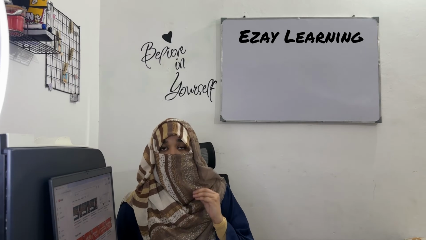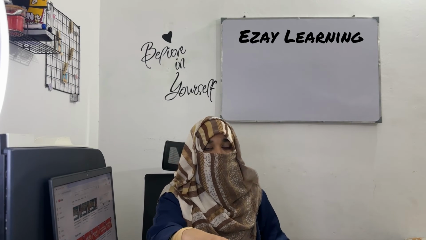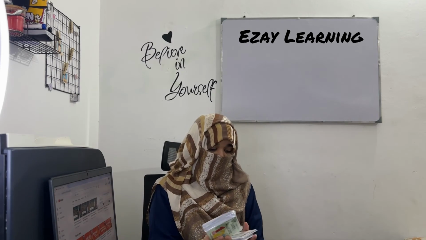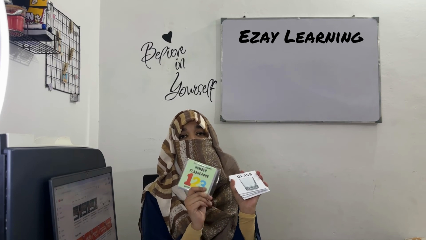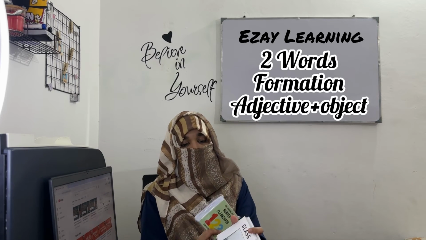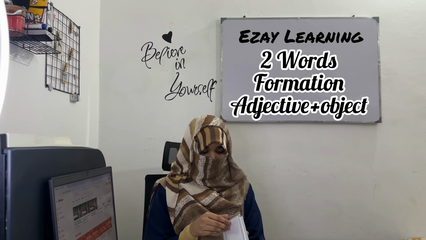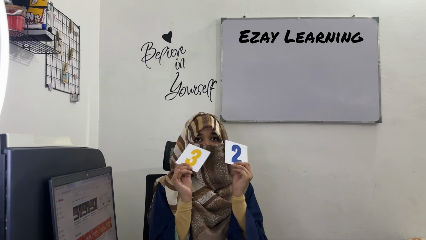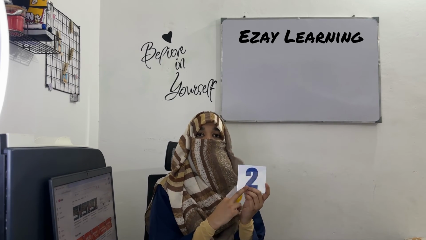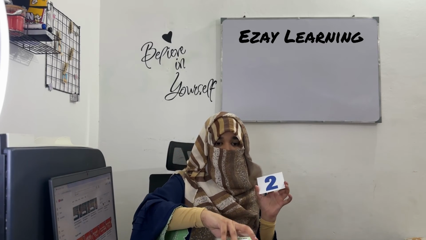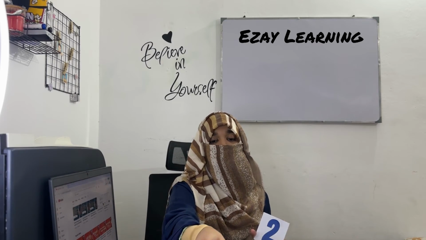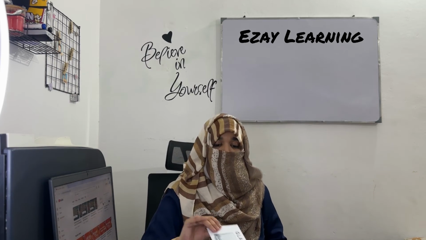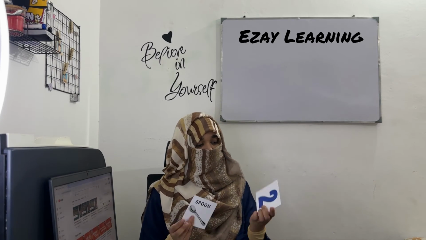Now this can be done for one word object. Now coming towards the 2-word formation, for that you can also try 2 sets of flashcards. For example, we have kitchen flashcards here, and then we have numbers flashcard. What we can do is we can take some numbers. So for example, we have taken the number flashcard 2 and 3. The child knows what 2 is. So what you can do is take a number flashcard, or you can also take colors flashcards or any adjectives flashcards.